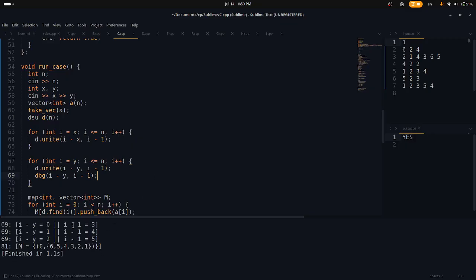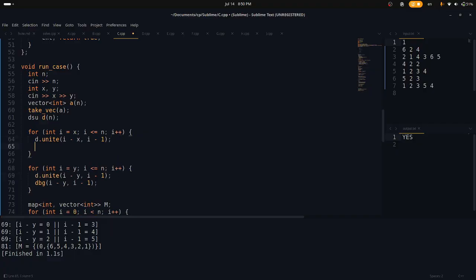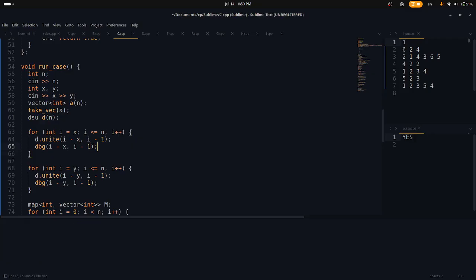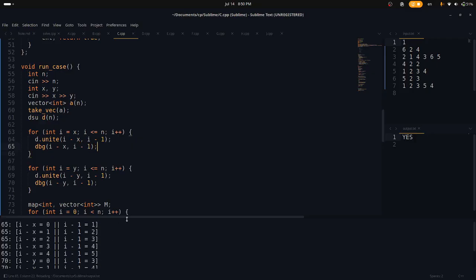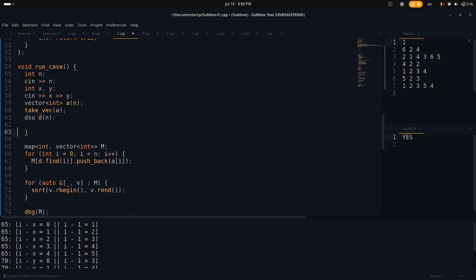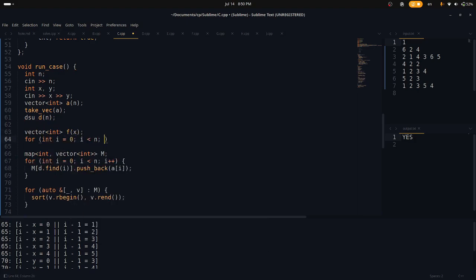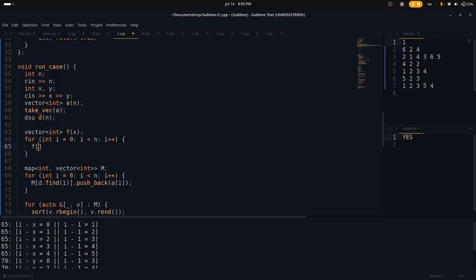So we are merging 0, 3, 1, 4 and 2, 5, and here we are merging 0, 1. No, it's not 1, 2. Okay, I have an issue here. What I'm supposed to do is this. F of x. So f of